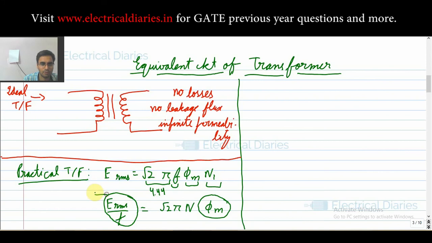So the maximum flux in the transformer core is proportional to this V by f. I hope you have heard about V by f multiple times. This is the concept of V by f: you have to change both V and f proportionally, then only your flux in the core will change proportionally. If you change V and f proportionally, then your flux in the machine will remain constant. If you change only frequency and you are not changing V, then your flux will vary in the machine, and that is not desirable.